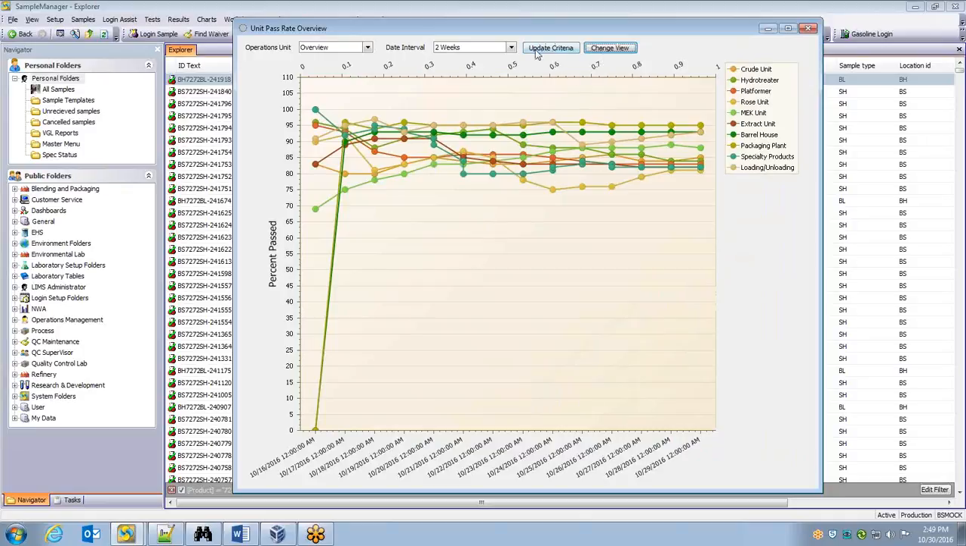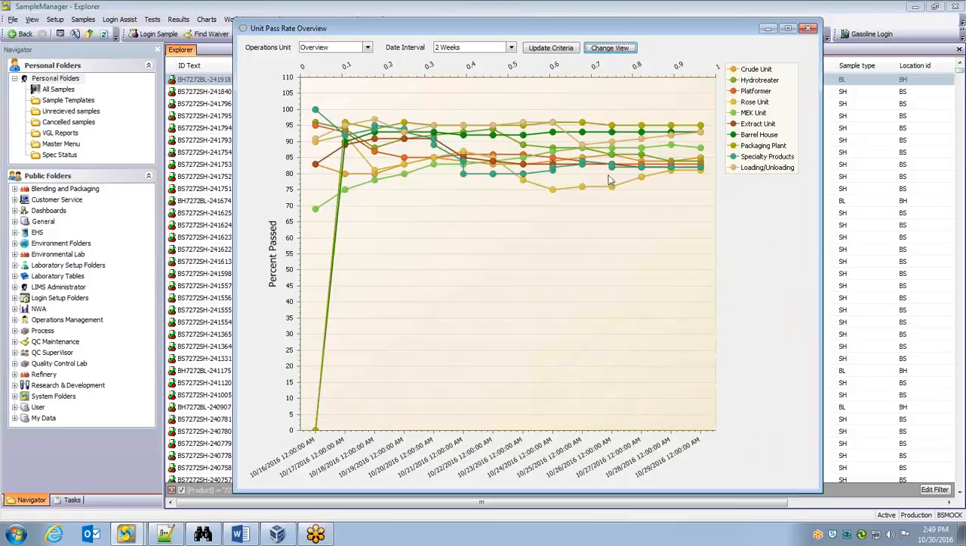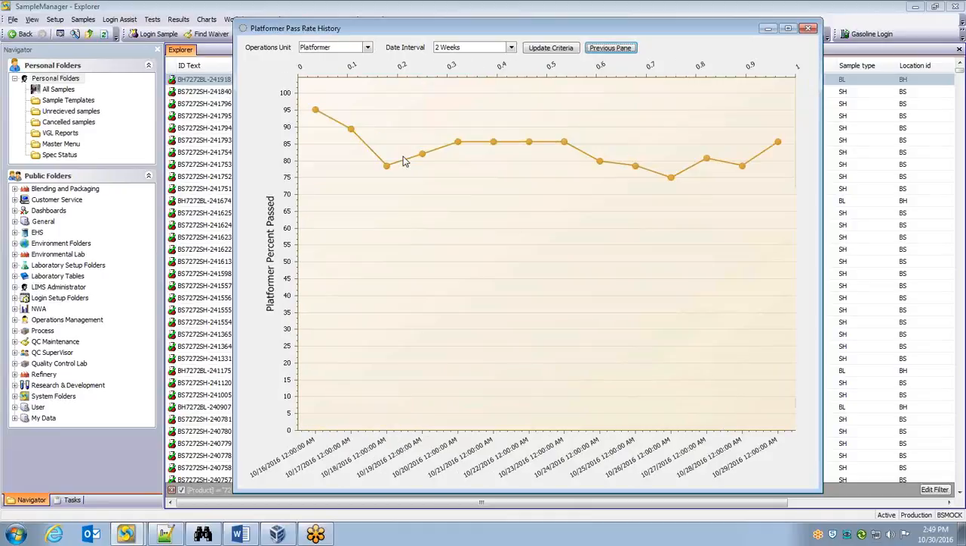From here, or from the previous screen, I can click on the unit that I would like to get some more information on. So I'm going to look at the platformer unit. I do that, I get this nice history line for just that unit. I've isolated that. And I'm going to switch that to 2 months